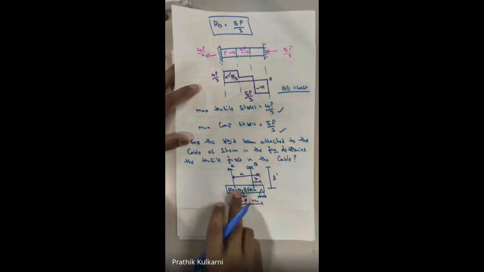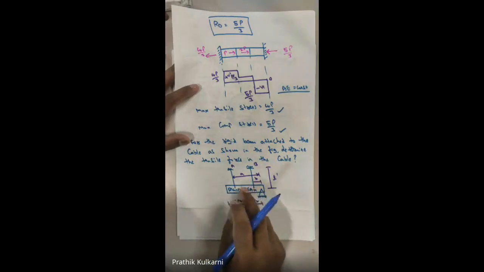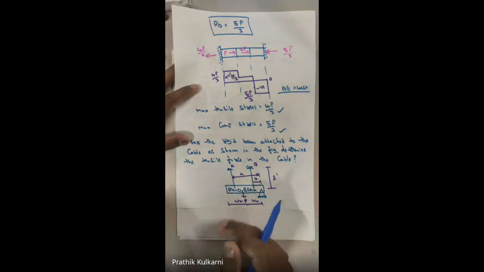Fine. This rigid beam is there. Here we have given a support. But what happens? Because of this, the rigid beam moves down. It tries to move down. But what are these cables doing? They are holding that beam. Yes or no? They are holding that rigid beam so that it will not go down.